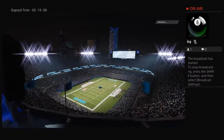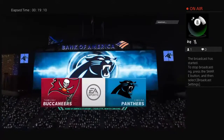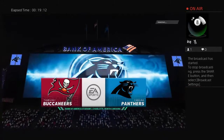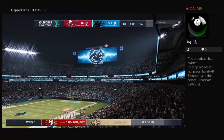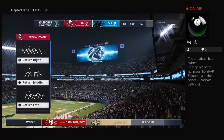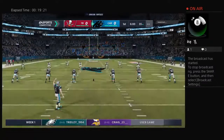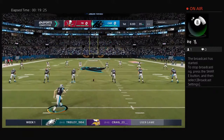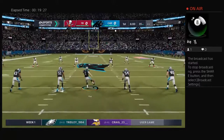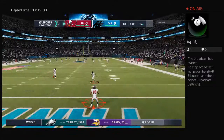EA Sports coverage of the National Football League is in uptown Charlotte, North Carolina at Bank of America Stadium. Nothing like the fanfare of introductions to an NFL game, and that was in evidence a moment ago. Fireworks, pyrotechnics, you name it. This crowd is ready as their guys get set to match up between the Tampa Bay Buccaneers and the Carolina